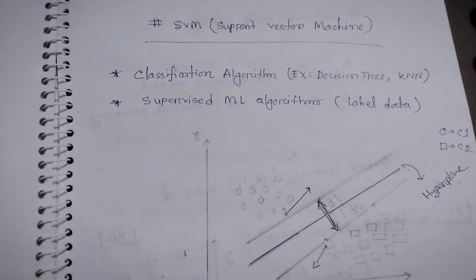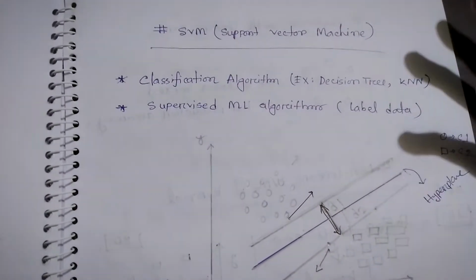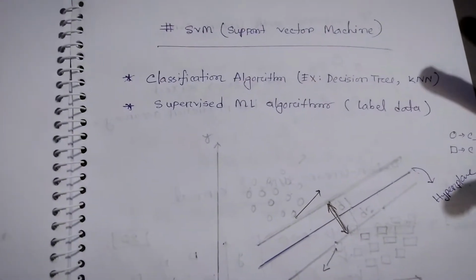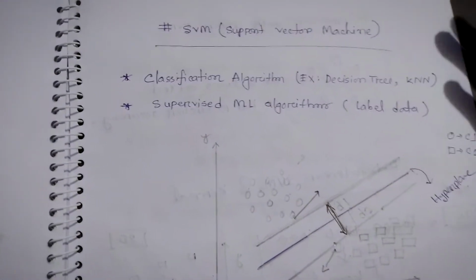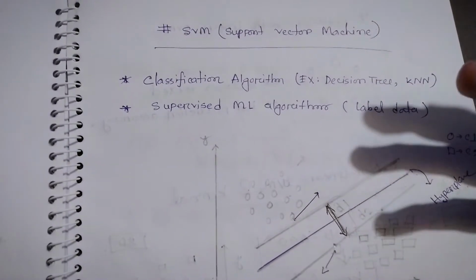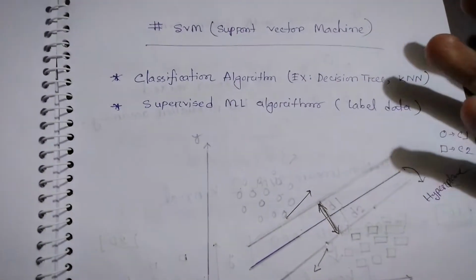As you know, machine learning algorithms are based on three types. One of them is regression, such as linear regression, which I have made a video on. Another type is classification based, which includes decision tree, k-nearest neighbors, support vector machines, logistic regression and many others. This machine learning technique is also supervised because it has label data.